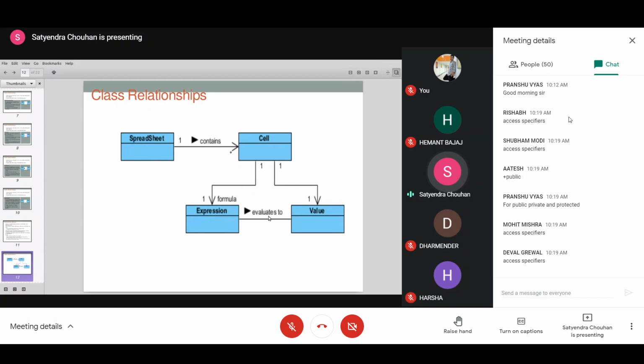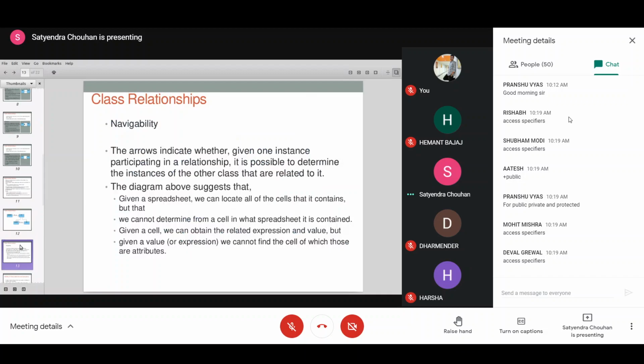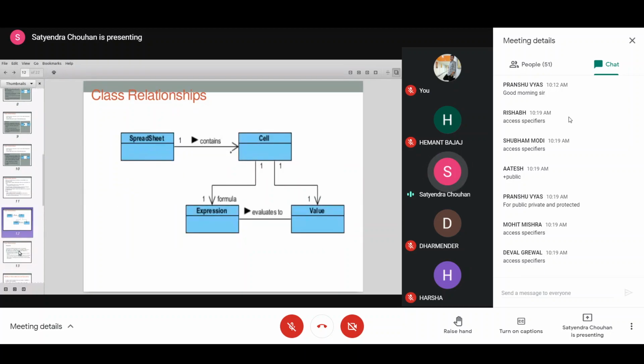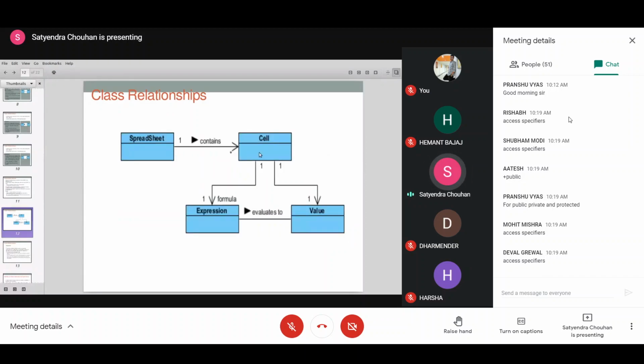An expression evaluates to a value, and a cell has a one-to-one relationship with a value. This is just the explanation of the spreadsheet diagram that we have seen: given a spreadsheet we can locate all the cells it contains, but from a cell we cannot determine which spreadsheet contains it. So the direction of the arrowhead shows the relationship direction, not the other way around.